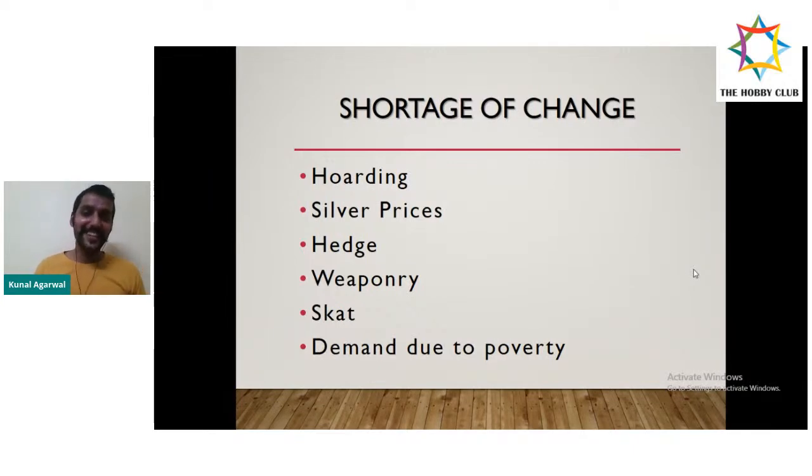Skat. Now this is again a very interesting reason. There is a gambling game called Skat. It's a 3 card game, and in that game you need small coins to place your bets. Because of that, gamblers started holding all these small change as well. So because of all these reasons, coins started disappearing from the market, and the demand was high due to poverty